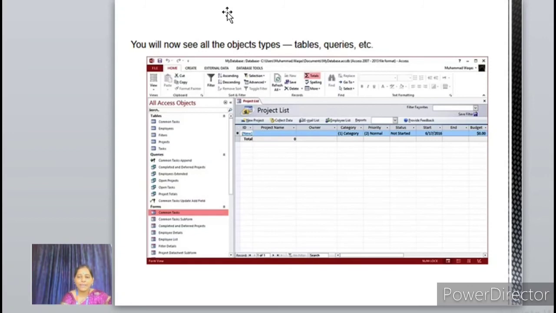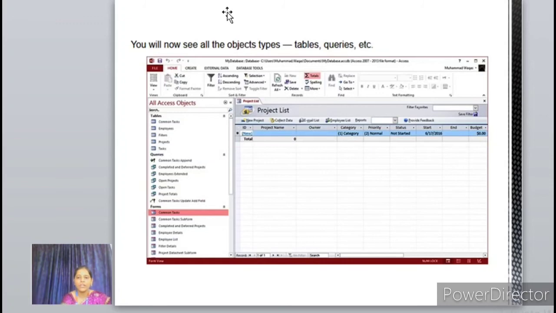Now briefly discuss how to create a database from templates. Step 1. With the MS Access application open, click on file. All the database templates are displayed below. We can select any template by clicking on it. Click on the contacts template for further reference. Here I select the contacts template.